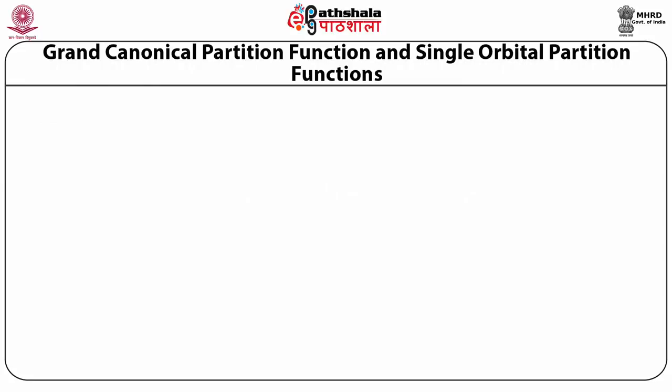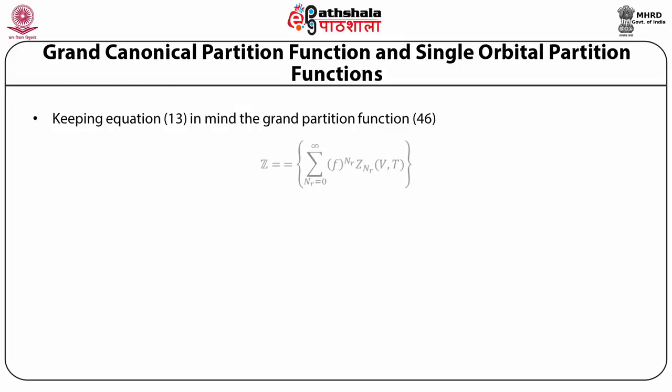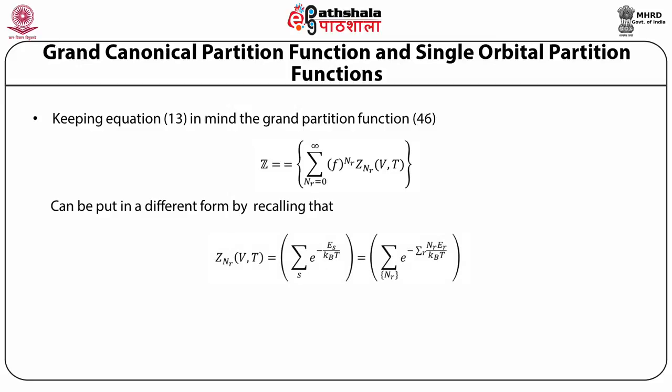Grand canonical partition function and single orbital partition functions. Keeping equation 13 in mind, the grand partition function 46 can be written as Z equals the summation over N_R from 0 to infinity of f raised to the power N_R times Z_{N_R}, as a function of V and T. It can be further put in a different form by recalling that Z_{N_R}(V, T) is equal to the summation over s